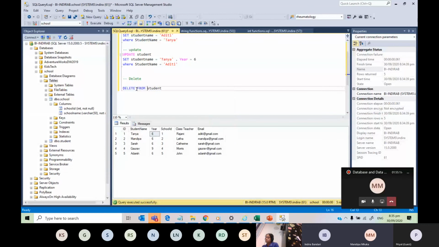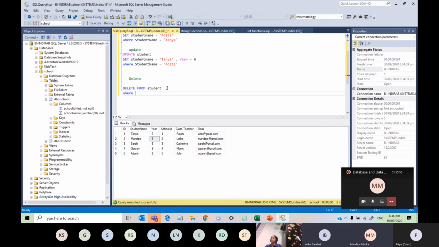Let's say, because the delete statement is at a row level, we can't just delete one column value or one cell value. We can't do that with the delete statement. What will happen if I just do this? Execute that. It won't know who to delete, so it deletes everything. All 5 rows it will just delete because we don't have a where condition.